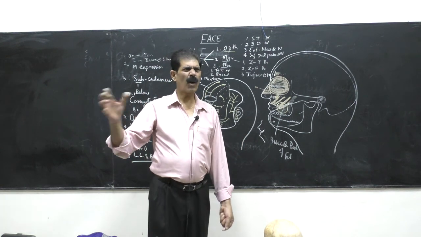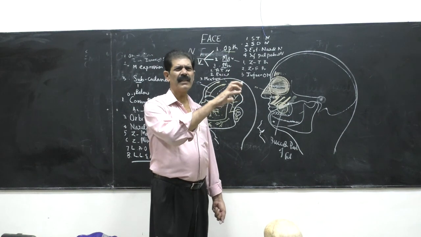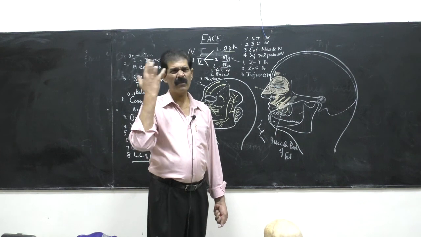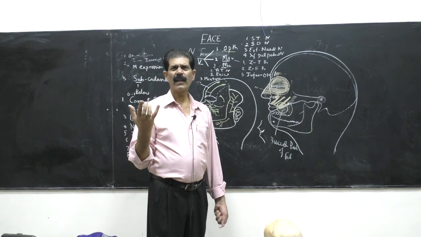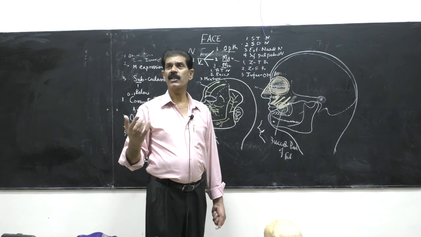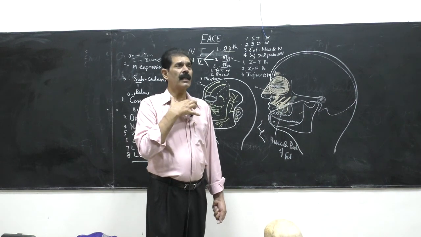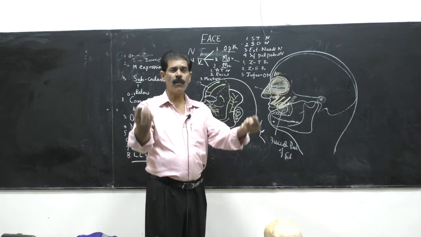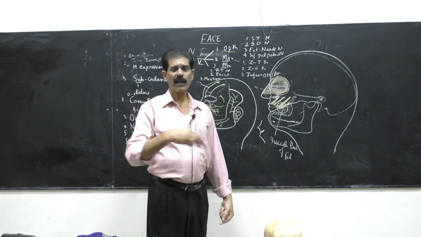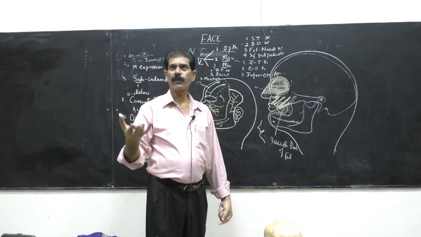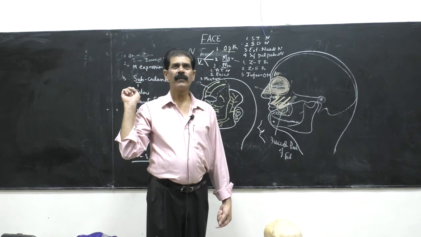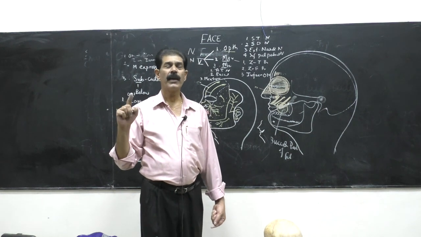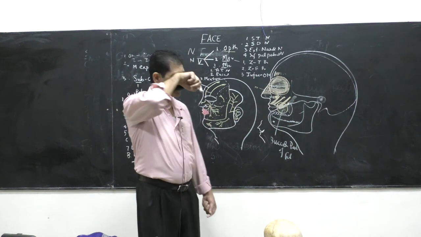Or if there is some obnoxious smell somewhere, say the dead body of somebody is there, this is the expression. Also, whenever there is a patient of bronchial asthma with obstruction, and he is breathing with difficulty, the ala of the nose becomes prominent, so that more and more oxygen can go in. So whenever the patient's breathing is a problem, this muscle helps in respiration. So this is an accessory muscle of respiration also, besides being a muscle of expression.